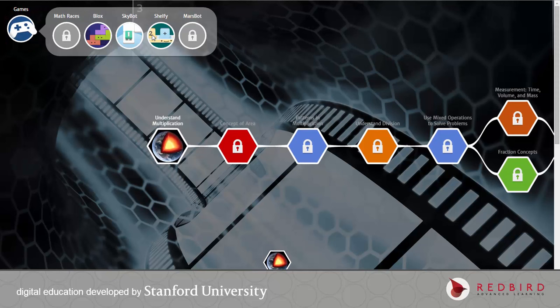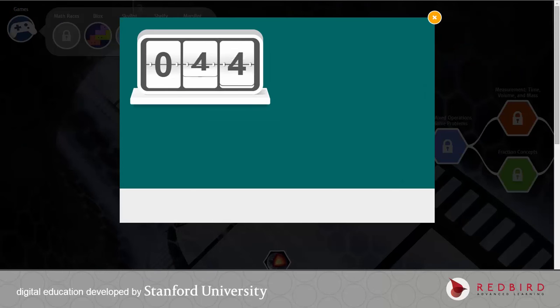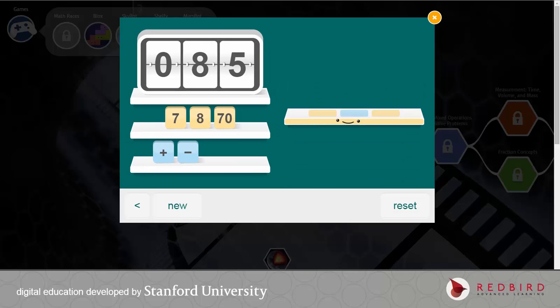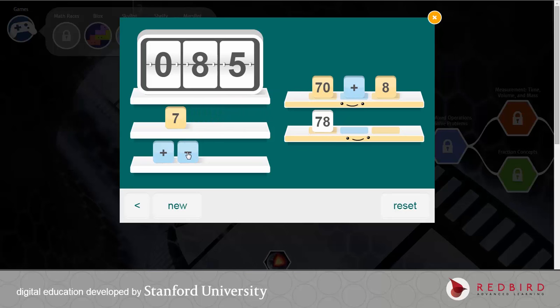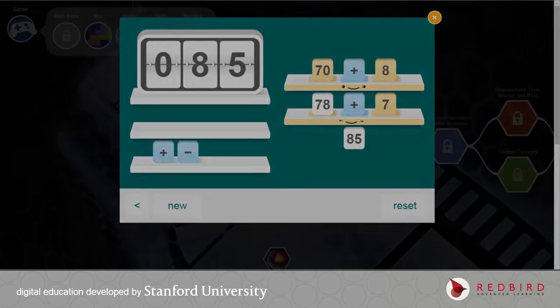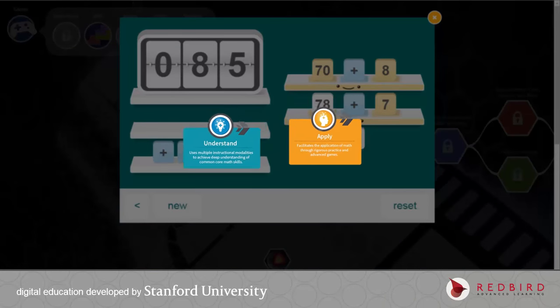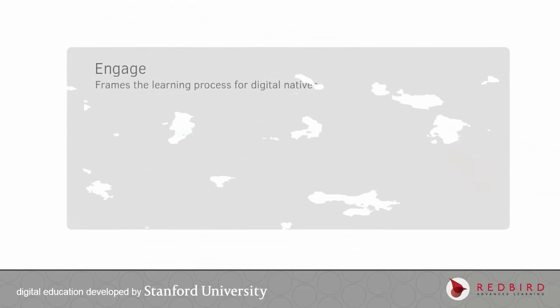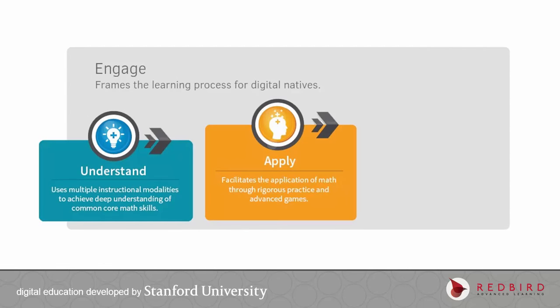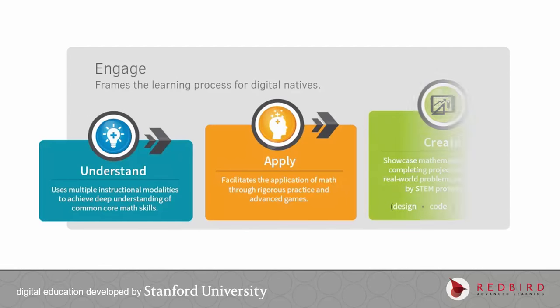Let's look at Shelfie. In this game, students need to reach a target number using numerals and operations, a great way to reinforce number sense and operational fluency. Since success in the games is only as good as the learning that occurs before they are unlocked, it's crucial that students must first understand and apply the content as they work through the lessons. Now that we know more about the understand and apply stages from the instructional model, let's explore the create stage